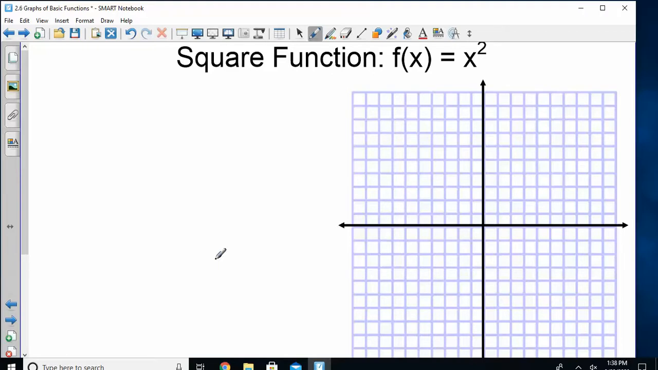My general rule, I require a minimum of 3 exact points on anything you draw. Now we can obviously do more than that, but certainly no less. So if I put in a 0, 0 squared is 0. 1 squared, 2 squared, 3 squared,